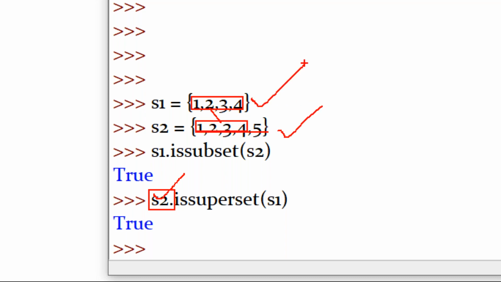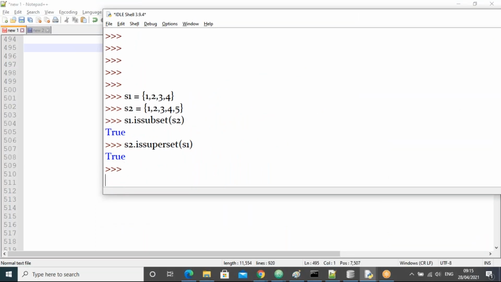S1 is subset. For example, in the same case, I'll take now S2 dot is subset of S1. Now all of you, is this true or false, guys?